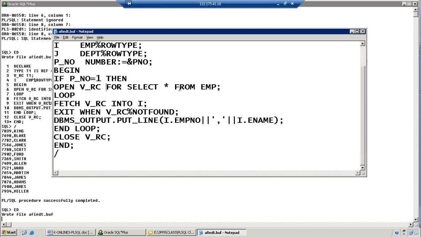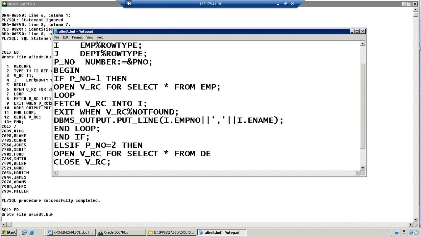Then end loop and end if. I don't want to close the cursor because I still want to execute one more condition. Else if P number equal to 2, then here observe this one, open VRC for